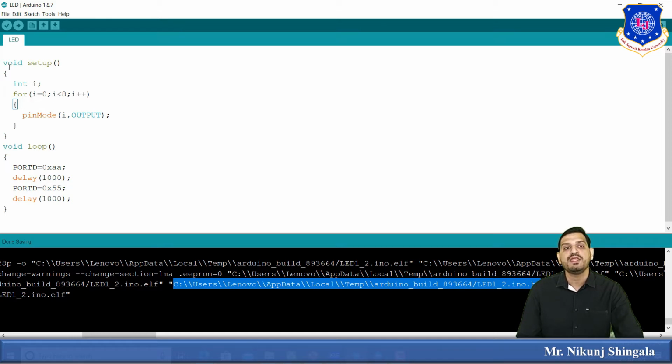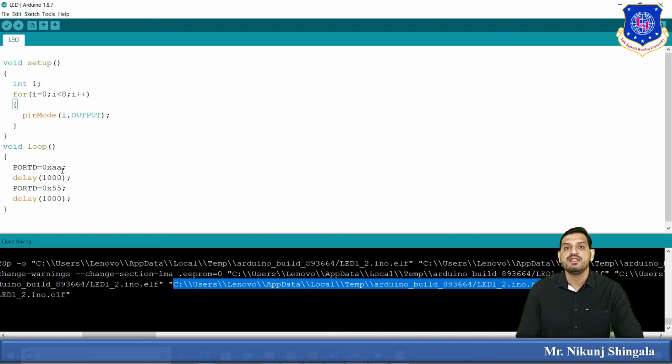Okay, so the for loop is completed, and this void setup is also completed by this curly bracket. Next one is void loop, and in void loop we will write our main program. In the loop, what I have written is PORTD. PORTD means it will take D0 to D7. In D0 to D7, I have written 0xAA. AA is a hex value. A is the hex value of 10, that is 1010. So what will happen? 10101010. So 4 LEDs will be on and 4 LEDs will be off.